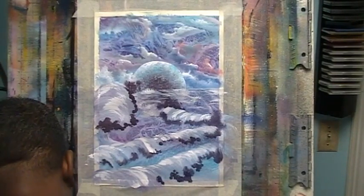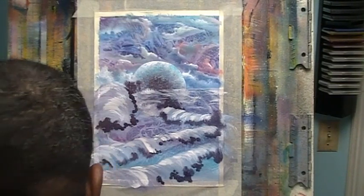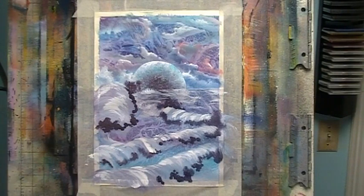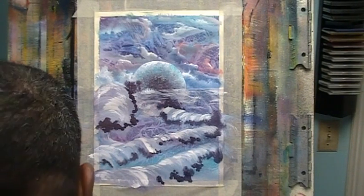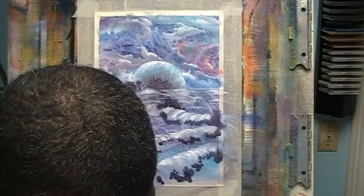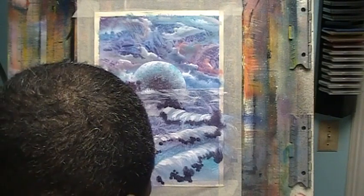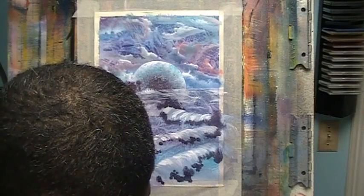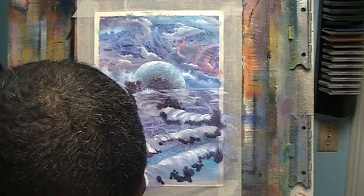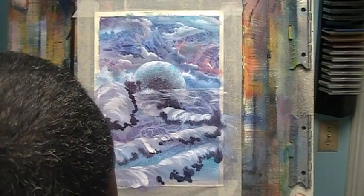Okay. Cleaning off my fan brush. Now we're going to get into making the little froth. A little bit of white, maybe a little tinge of light blue, mostly white. And we're going to do the same thing we did with clouds. Okay, once you start building this stuff up,